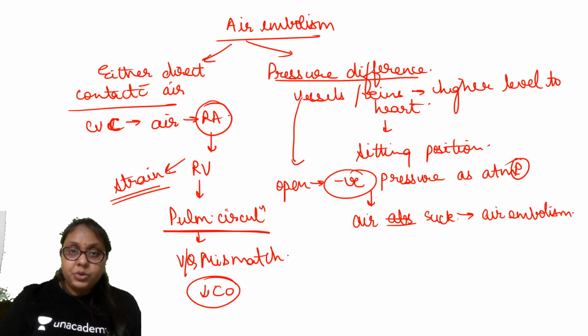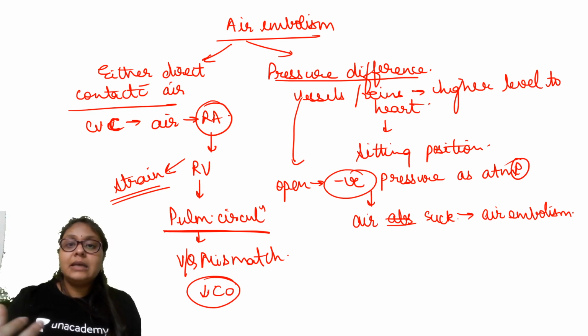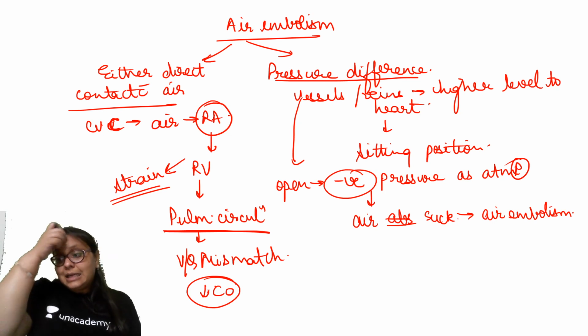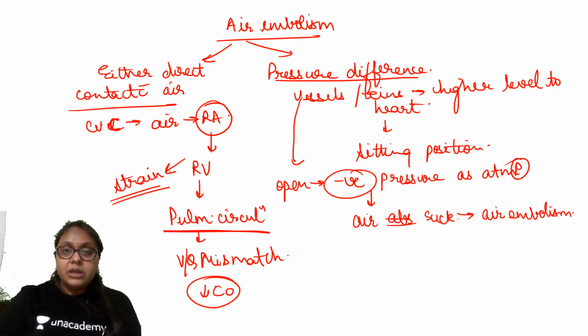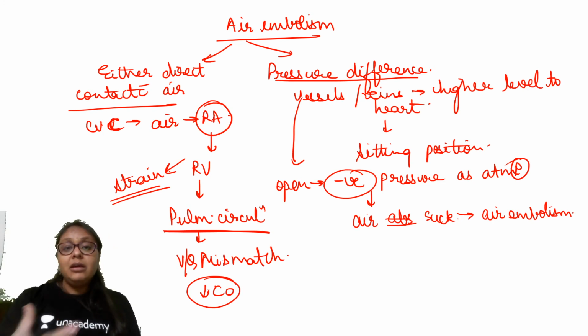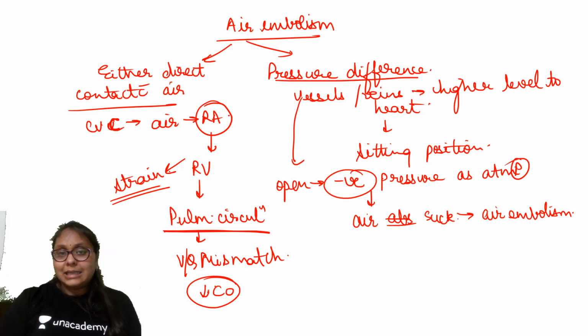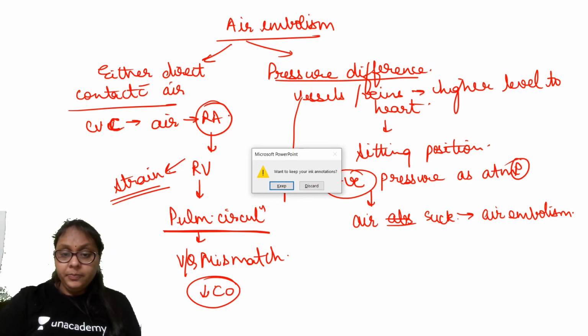Sudden fall in EtCO2, that we see in air embolism because of the VQ mismatch. Because of the VQ mismatch there is dilution of the exhaled carbon dioxide in the exhaled air, and there is a decrease in the CO2 level. So therefore there is a sudden decrease in the EtCO2 level. Is it clear? So that happens in air embolism, which is mostly seen in the sitting position. So these are the important complications in anesthesia which are asked in the exam. I hope this topic was clear. If any doubts, please let me know.